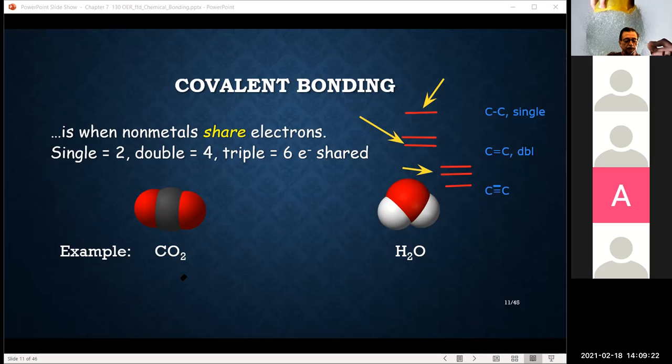Again, what's in a covalent bond? That's a combination of two nonmetals. So we've got carbon and oxygen. The black sphere represents the carbon, and the two red on each side represent the oxygen. That's a space-filling model. If you look at H2O in a space-filling model, the oxygen is the central atom, and the two hydrogens there are the